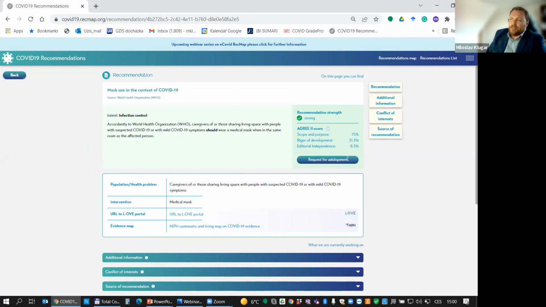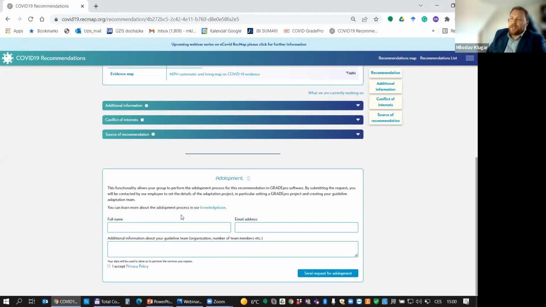You see, it's quite visible. So you click the request button, fill in the simple form, send a request, and that's done. Then the team will contact you and make you an environment within GRADEpro. So that's a very simple process, and the request is really convenient. So anyone can use this.